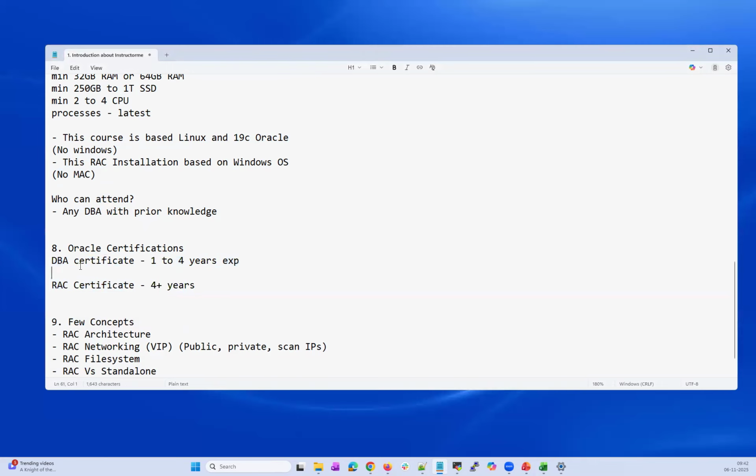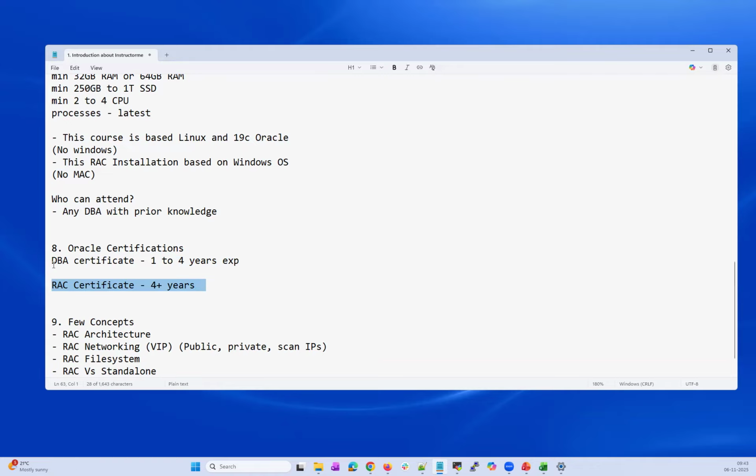These are your fundamental certificates for any client you are working for. Let's think, in the market, the client running their production, development, or test database is either running under standalone or under RAC. Standalone is your database, RAC is your clustering of servers.